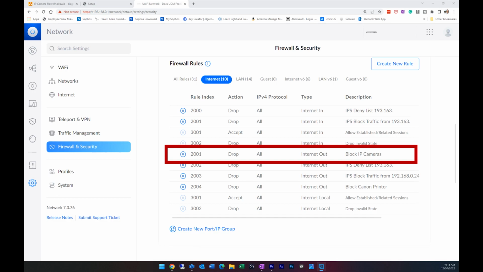I implemented a firewall rule a couple of different firewalls ago that blocks all my IP cameras from accessing the internet, and in my opinion, they shouldn't be communicating anyway. Originally done in my Sophos firewall, Untangle before that, I now do this in the UniFi UDM Pro. The process is basically the same. We're going to add all the cameras to a group and use the group to create a rule to block